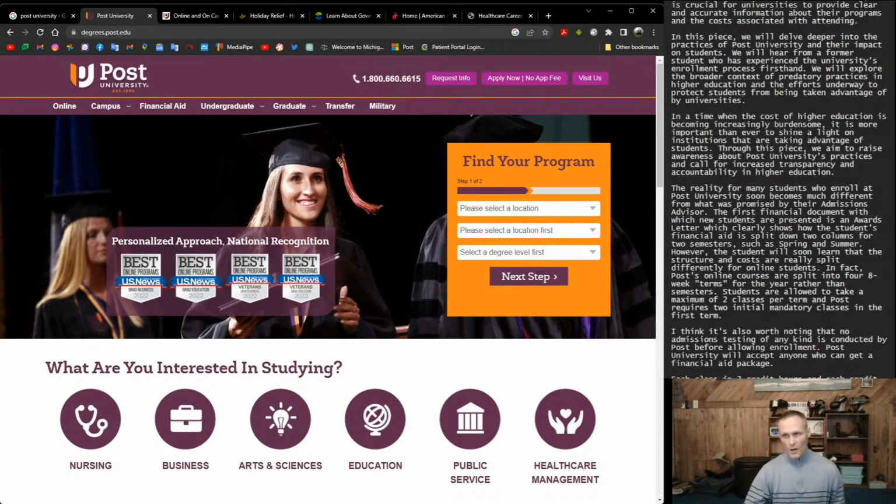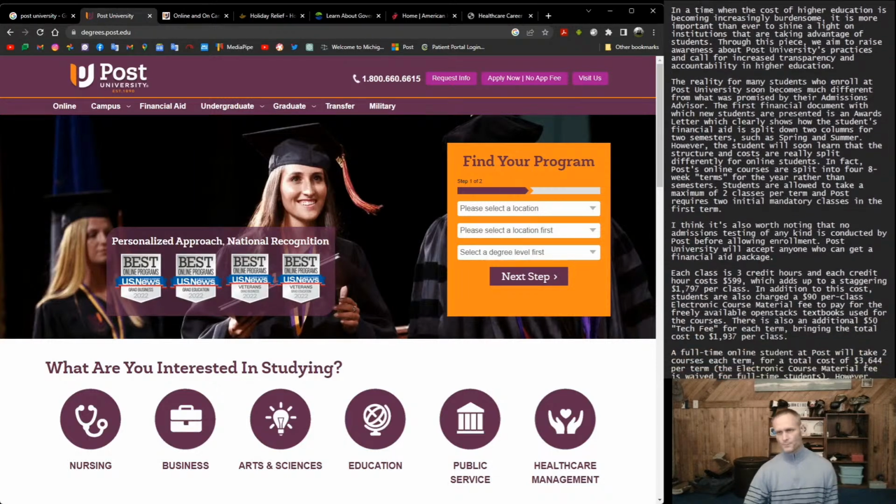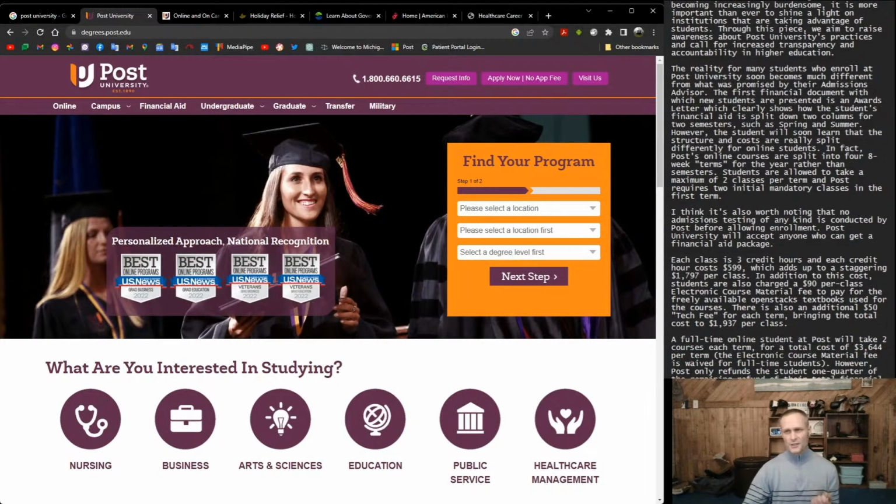In a time when the cost of higher education is becoming increasingly burdensome, it is more important than ever to shine a light on the institutions that are taking advantage of our students. Through this piece, we aim to raise awareness about post-university practices and call for increased transparency and accountability in higher education. The reality for many students who enroll at post-university soon becomes much different from what was promised by their